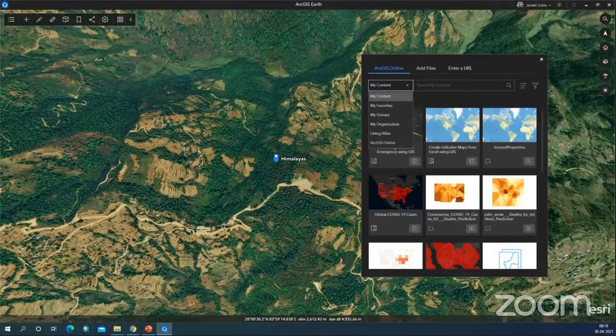So today's topic is tracking COVID-19 using 3D symbology in ArcGIS Earth. So with respect to the COVID-19 cases, we should be able to take the data and work on the data.